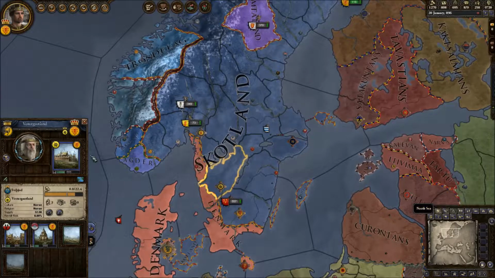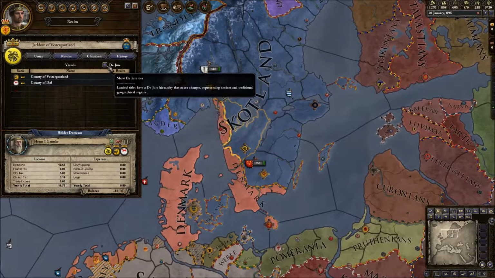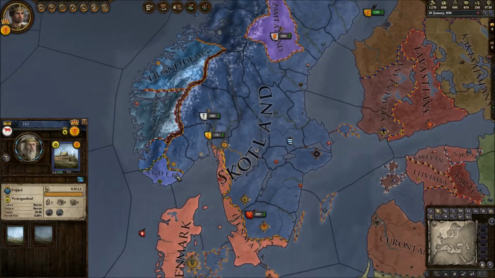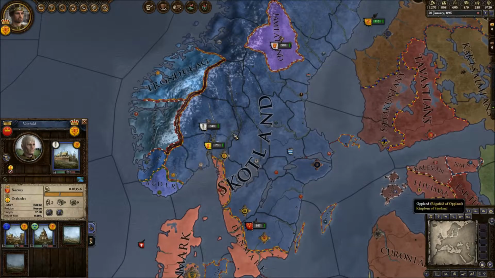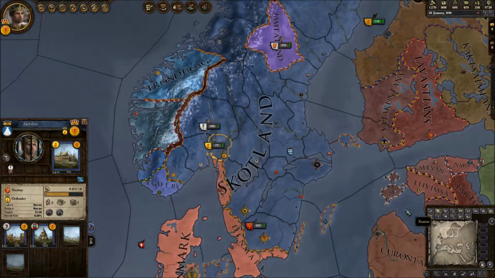Who else can we revoke counties from? This man is fine, because the Jarldom of Västergötland is de jure there and actual there, and that's okay with me. He can have that. This county, probably this one, is going to be the future capital of Norway, which I will give to one of my sons, one of my brother's sons, someone in the administrative